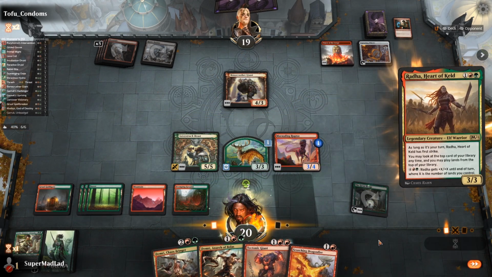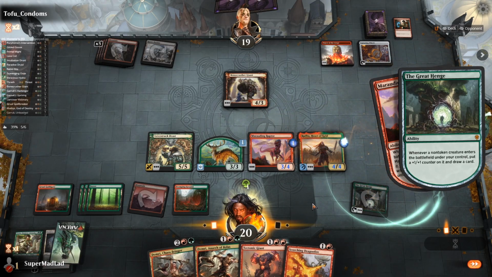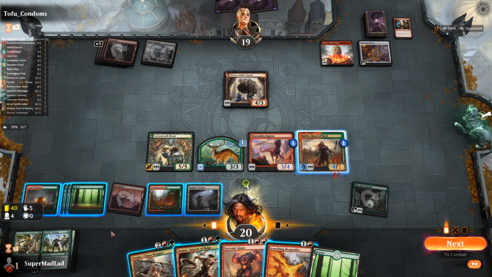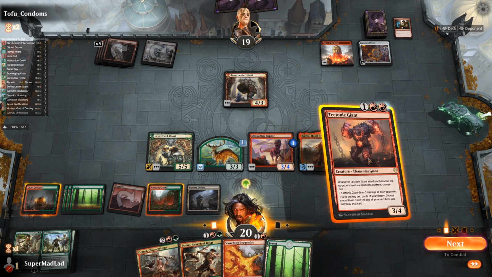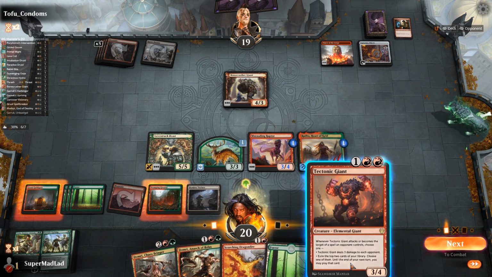So, Rada coming down gets to reveal the top card. Gonna draw that, unfortunately, but we do get to play the Enclave off the top. And we've got a Garruk's Uprising coming soon. I guess we could play that. If we went with this...